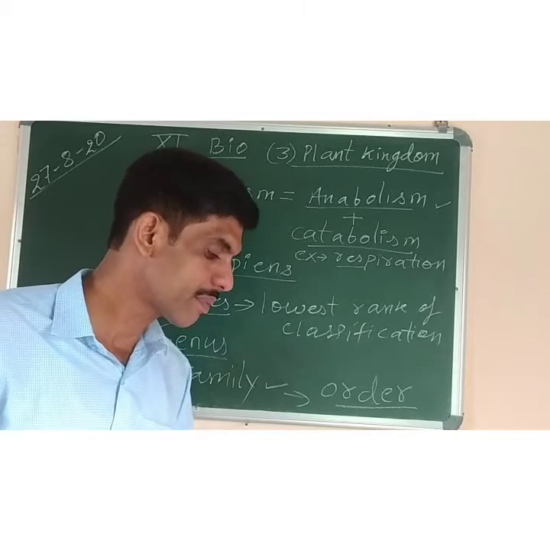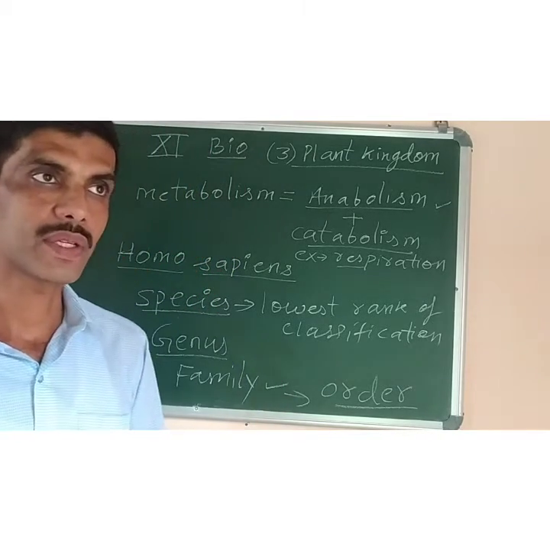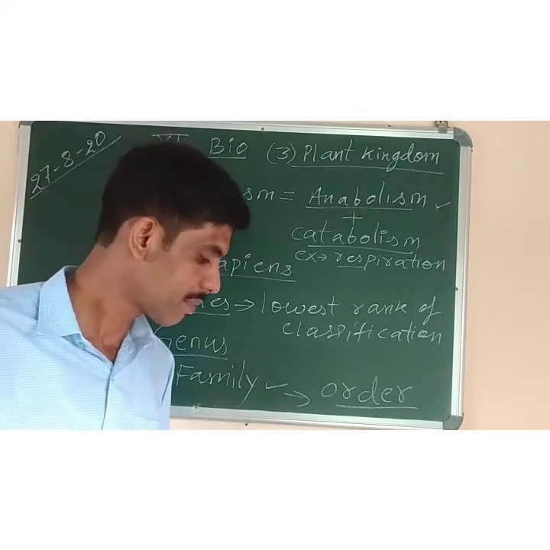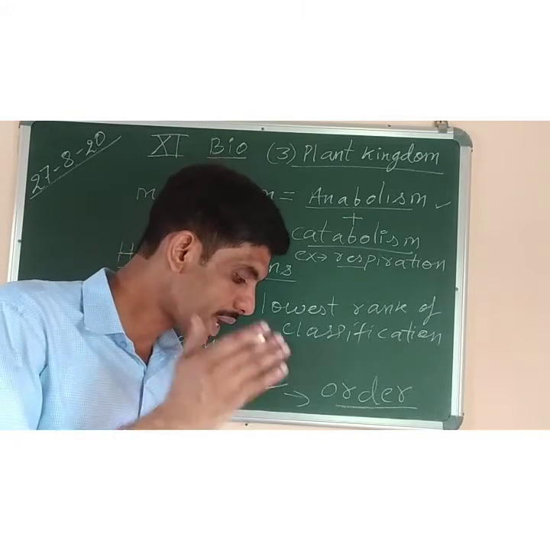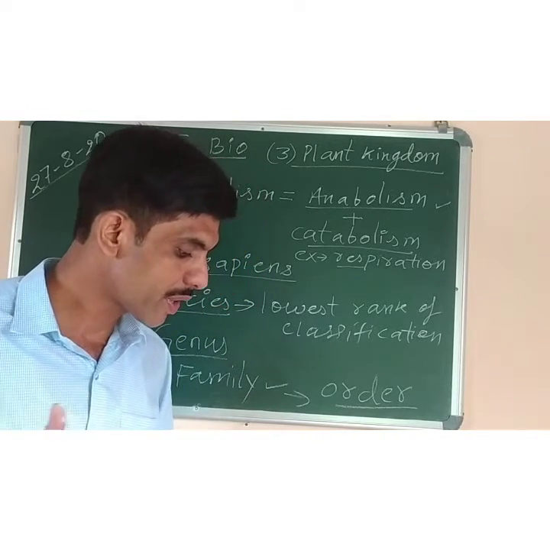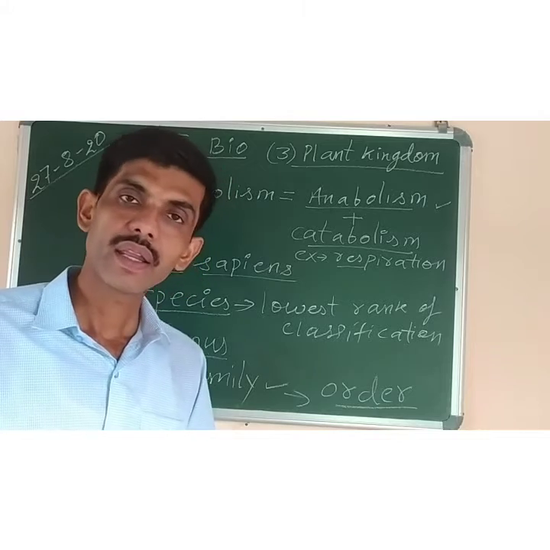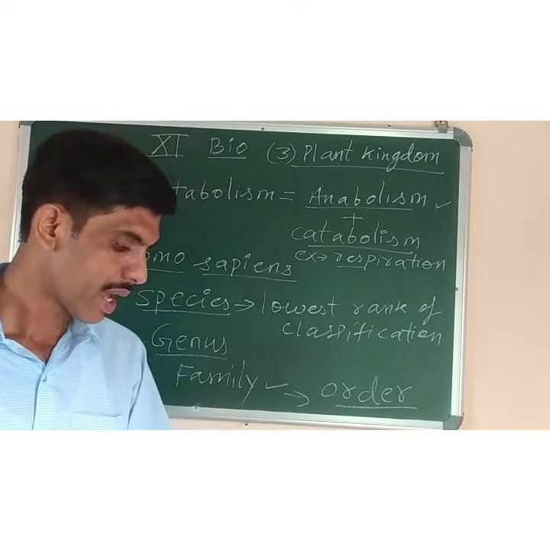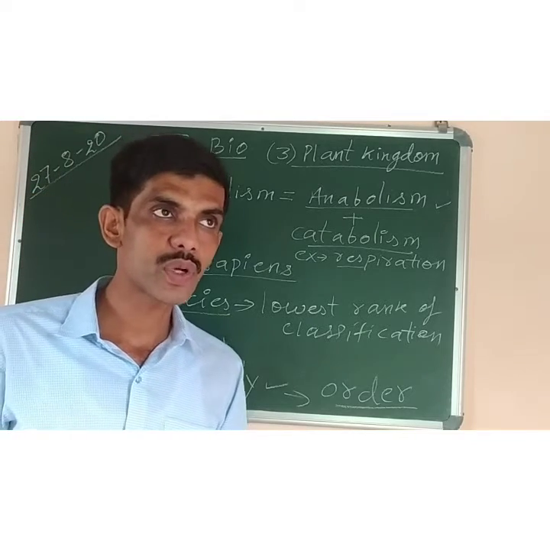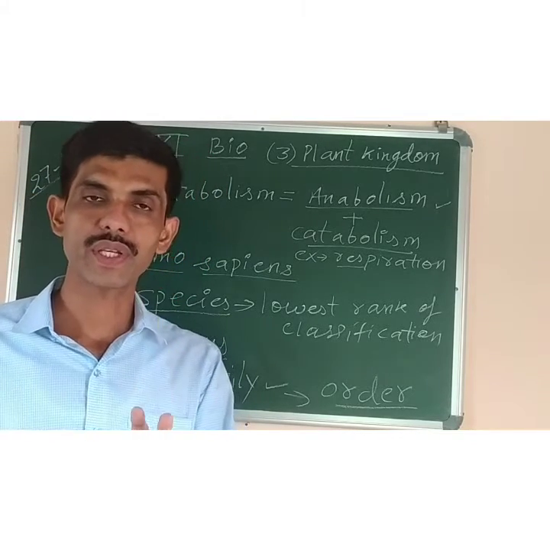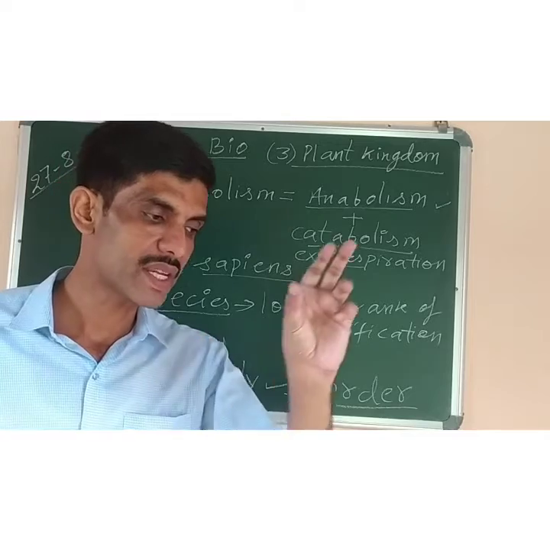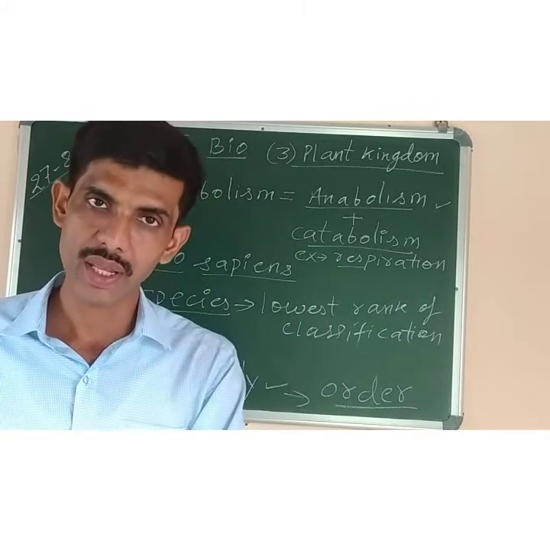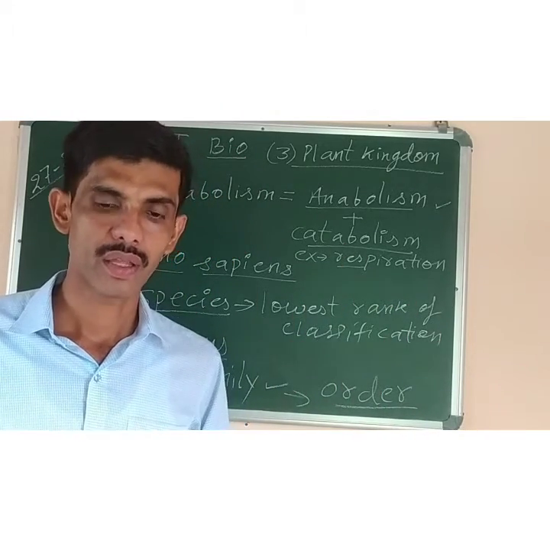Then next is kingdom. The entire living organisms are placed in 2 kingdoms, that is plant kingdom, animal kingdom. So all the animals which belong to different phyla, they are placed in the highest category called animal kingdom. And this system of classification is the 2 kingdom system of classification, in which the living organism is either placed in plant kingdom or in animal kingdom according to the